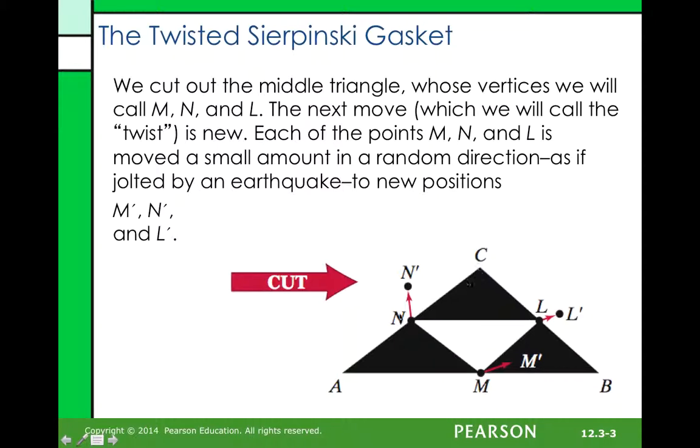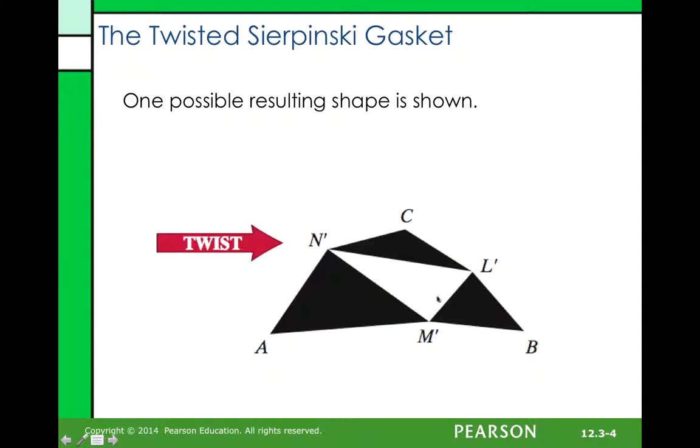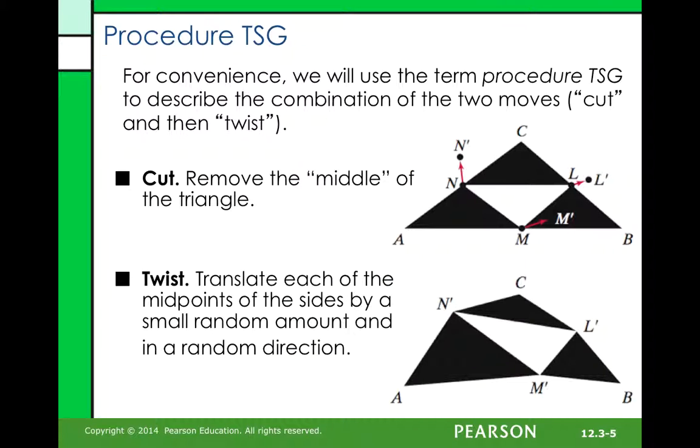So we took something that was a triangle and we dragged the midpoints of that triangle to three separate places, and we ended up with a figure like this. Just like last time, you can now repeat this procedure for these three blackened triangles here. And that's all we did last time too, right? So what you'll do is,